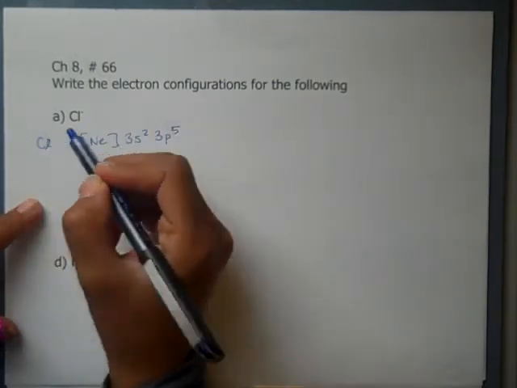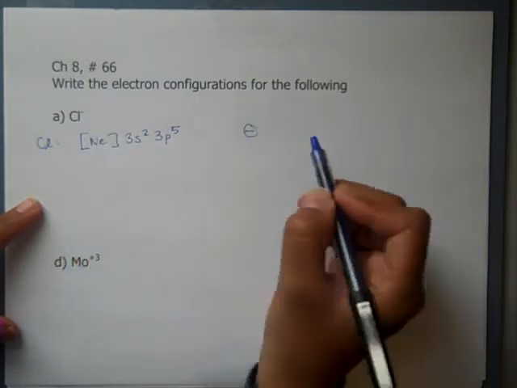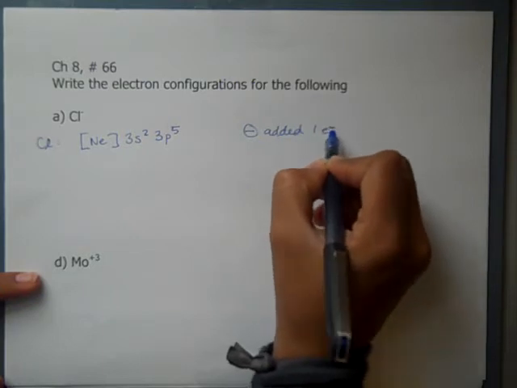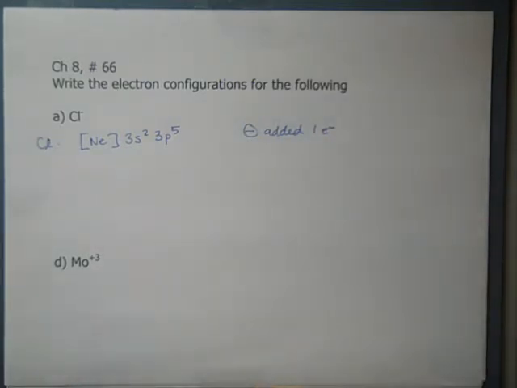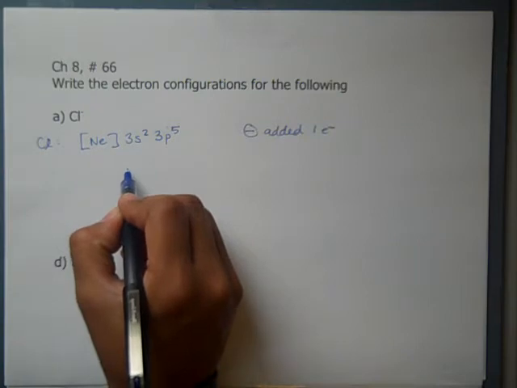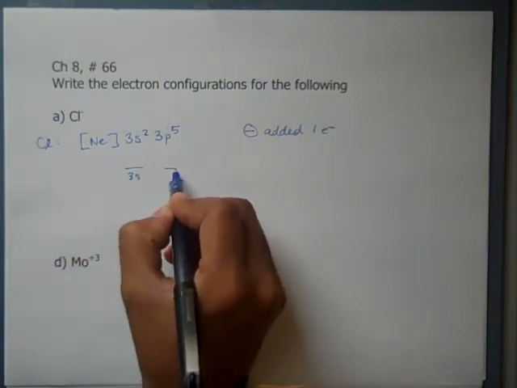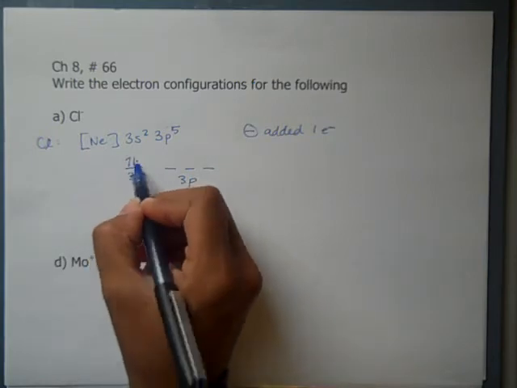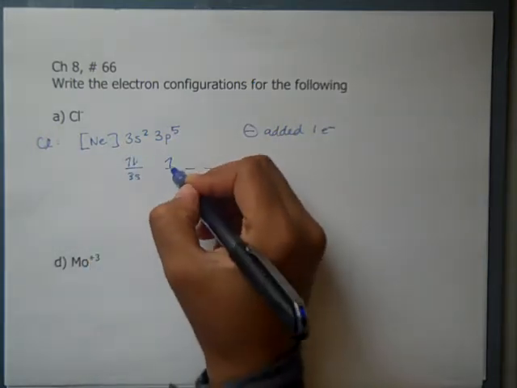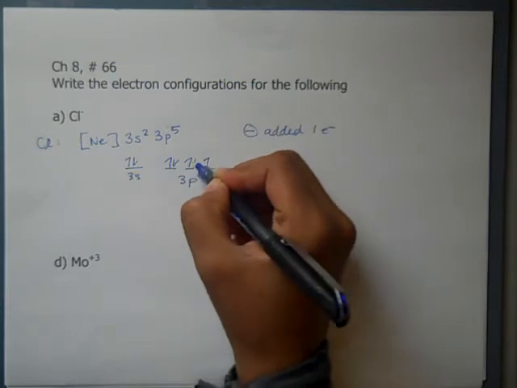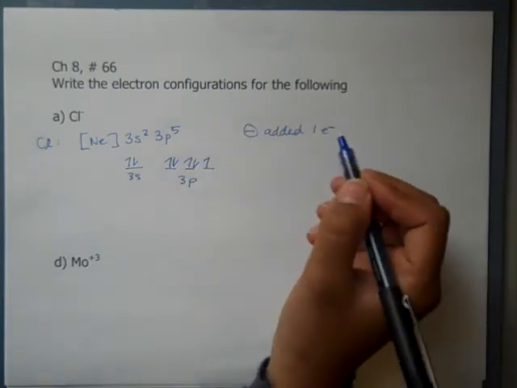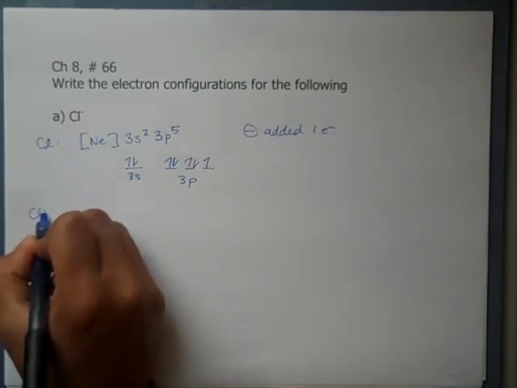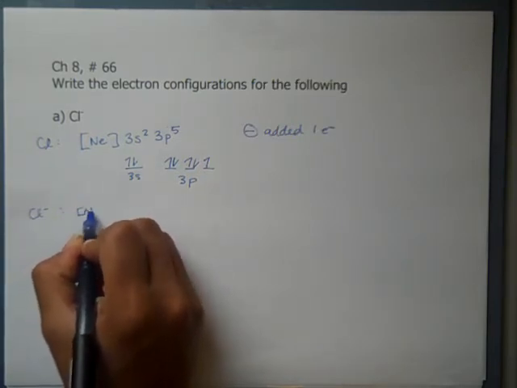So then, how do we get to a negative? Chlorine negative means we've added one electron. So if we draw it out, we would get our last two, 3s and then 3p. So our 3s is completely full, and then our 3p is 1, 2, 3, 4, 5. This is for chlorine, remember. So let's write out chlorine negative. We're going to have the same thing,